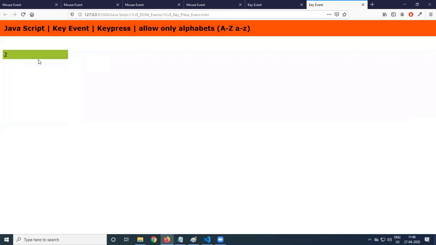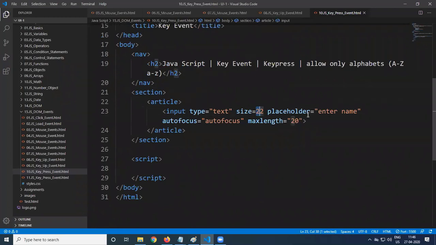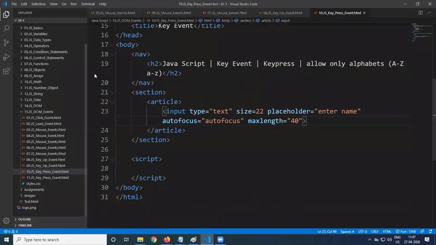Now inside this, I can enter numbers, space, special characters, letters, small letter, capital letter, anything we are able to enter, not a problem. You can enter up to 20 characters, but we want to restrict the maximum size, max length as 40 characters. You are able to enter any characters: special characters, numbers, decimal point, dot, everything can be entered. But we want to restrict it so that only alphabets can be entered. If you enter any other text, it should not be allowed.